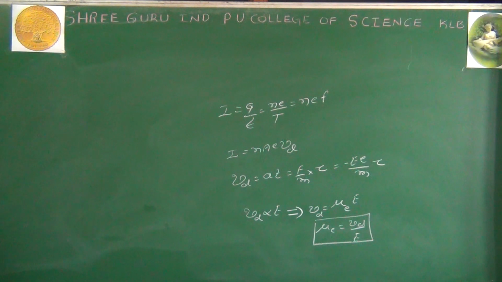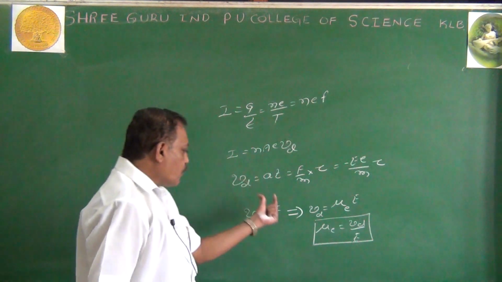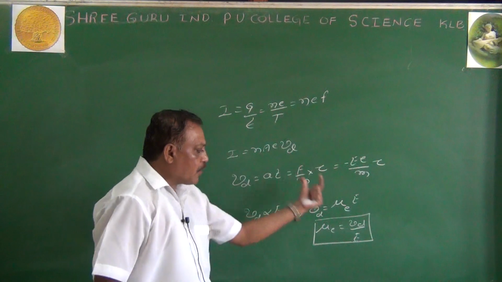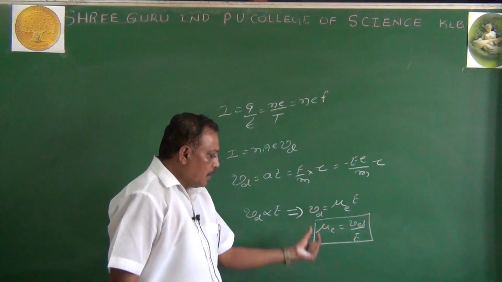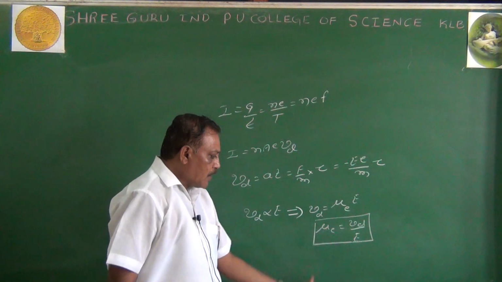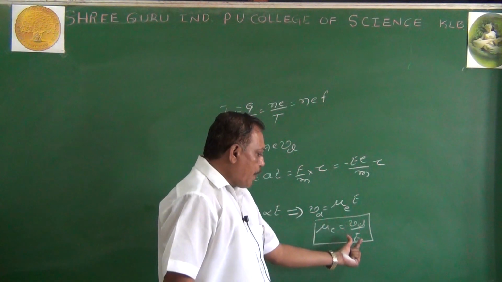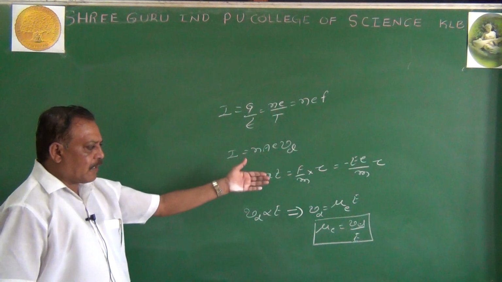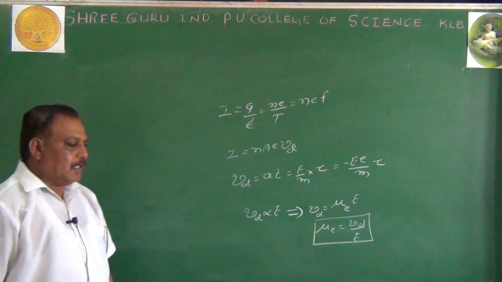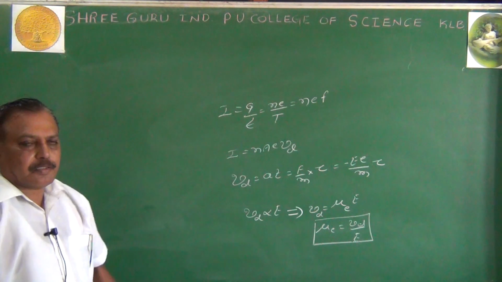The electrons are drifted under the influence of the electric field. Make the equation, then you go for the derivation. Then make the equation, then you can go for the definition. Mobility of the electron is defined as the ratio of drift velocity to the electric field. Then I don't go for the assignment facts. That is completely already done in the regular topic.